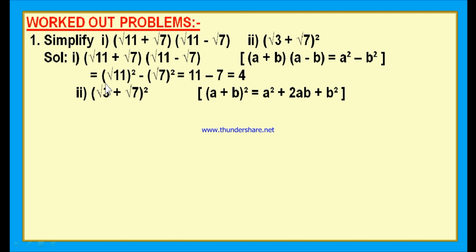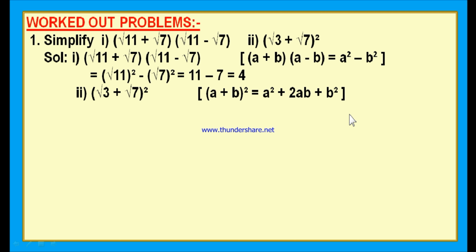Here a value is root 3 and b value is root 7. (a + b) whole square means (root 3 + root 7) whole square. Now the formula to find (a + b) whole square is a square plus 2ab plus b square. Now in this formula let us substitute a equal to root 3 and b equal to root 7